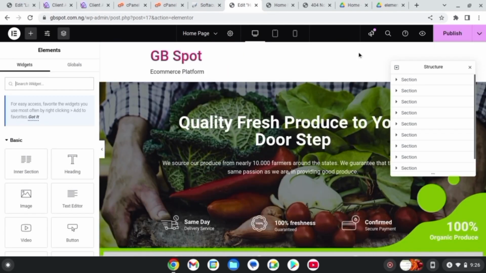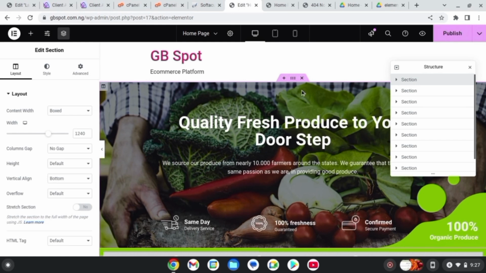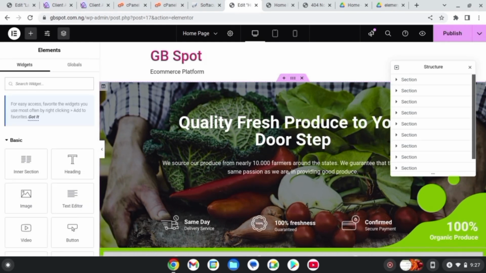So let's start by customizing the hero section. That's the top section. Select the entire section here. Go to edit and customize the hero section. Select the section here. So you come over to this place. Now, if you want to give the section more space,